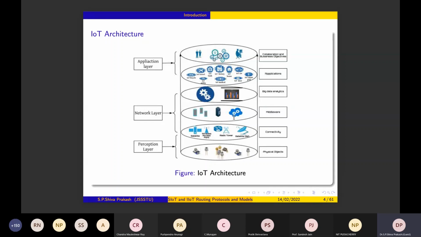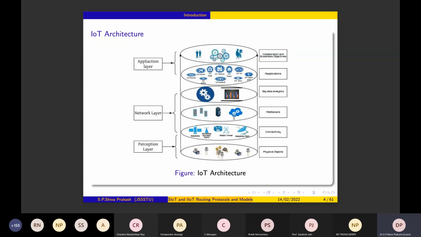So these connectivity protocols will be used. And when it comes to the network layer, there is a different set of protocols that will be used here. And at the application layer, in between these things, there are a set of applications